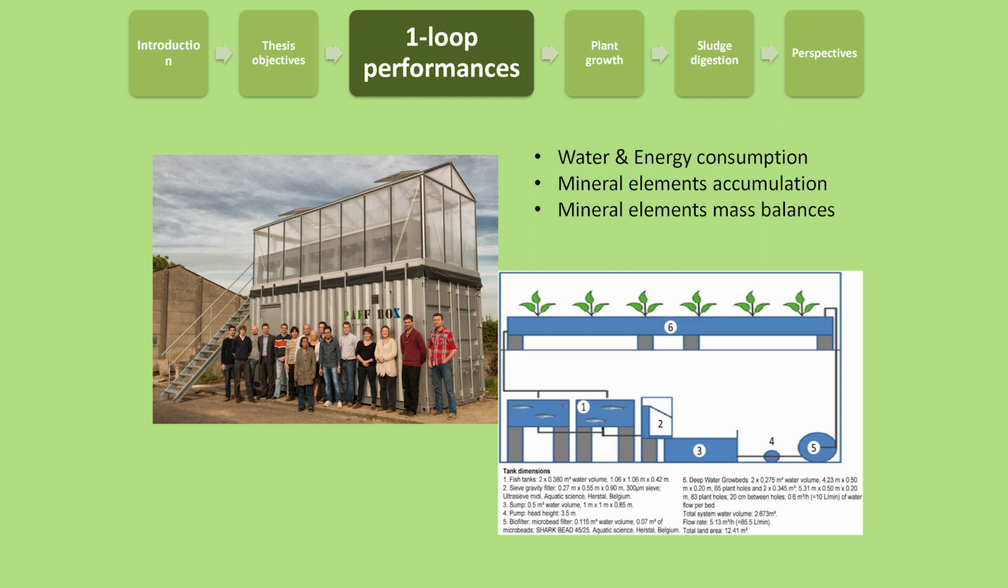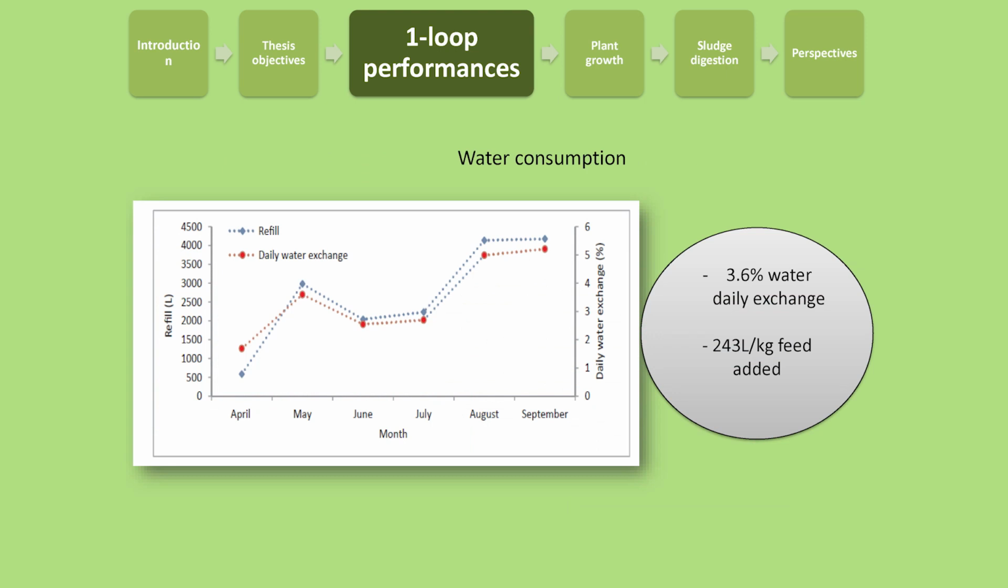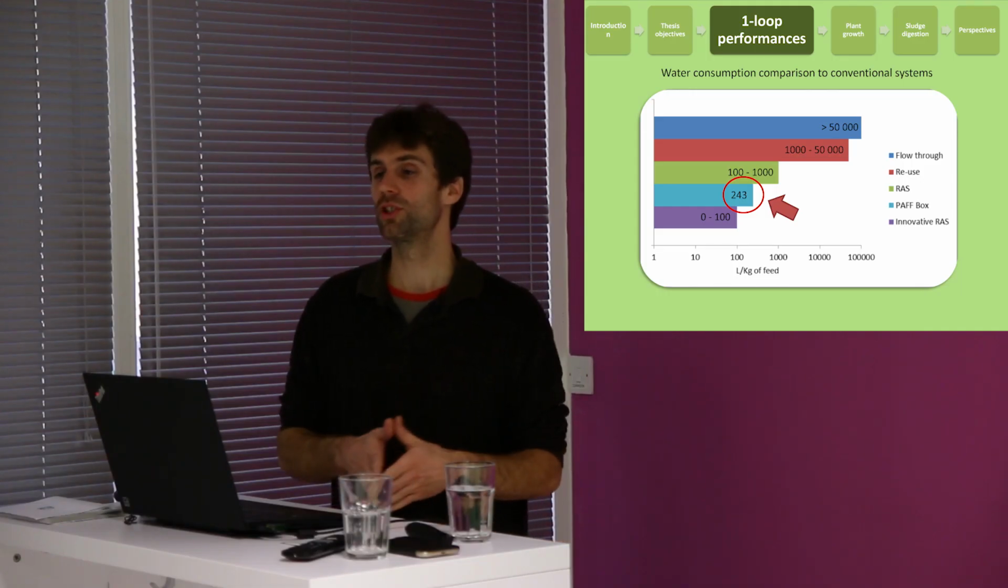Okay, so we studied this system for one season. Now it's running for four seasons, but I focused one paper on one season. We made a lot of measurements. About the water consumption, on average over the season, from April to September, we had 3.6% daily water exchange, which means 243 liters per kilo of feed added. You can see that we did not have a constant water exchange. It varied during the season. If we compare this water consumption to other systems,